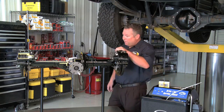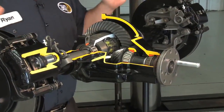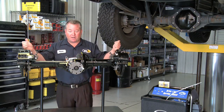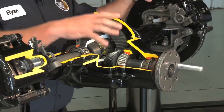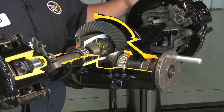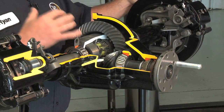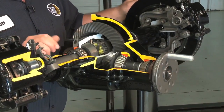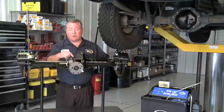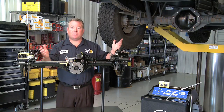As you can see, we've got a differential right here, a cutaway. We call it a differential because it's doing multiple things. One is taking energy coming this direction and transferring it that direction. It does that with the ring and pinion gear set. These two components work together, and there's gear lube inside that's supposed to lubricate and protect this system. As this is working back and forth, driving down the road, you've got extreme pressures and extreme heat. Those extreme pressures and extreme heat break down the gear lube,